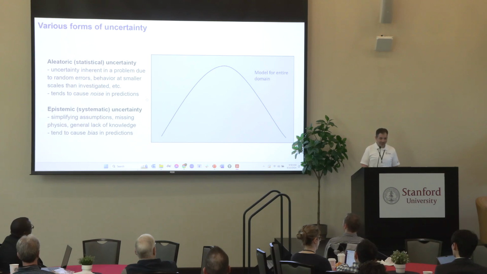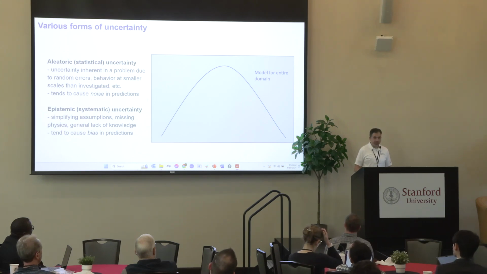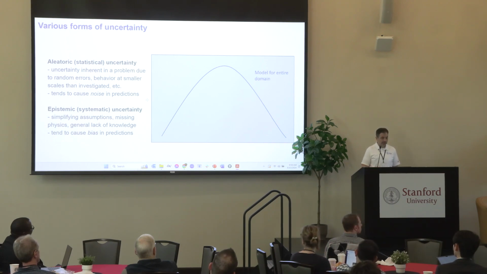So for the philosophers in the room, there are multiple kinds of uncertainties that we often have to deal with. One is called aleatoric uncertainty, so that's purely statistical. You could think of it as noise in your models, right? But there's epistemic uncertainty also, which is we just don't know what we don't know, right? And so to give you a little cartoon version of how these things might differ, suppose you've got some curve that you're modeling as an upside down parabola.